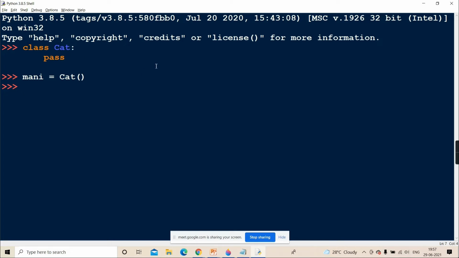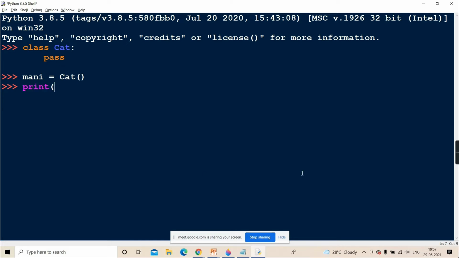Yesterday I told you, we have one mold, a heart shape or a star shape, an aluminium mold for making cake. But from one heart-shaped mold, one tray full of cakes is made. So that tray full of cakes are objects. But to make those objects, I used one mold, the aluminium mold. So this cat class is the mold, and money is the copy of it. Money is the object which belongs to that category cat, right?